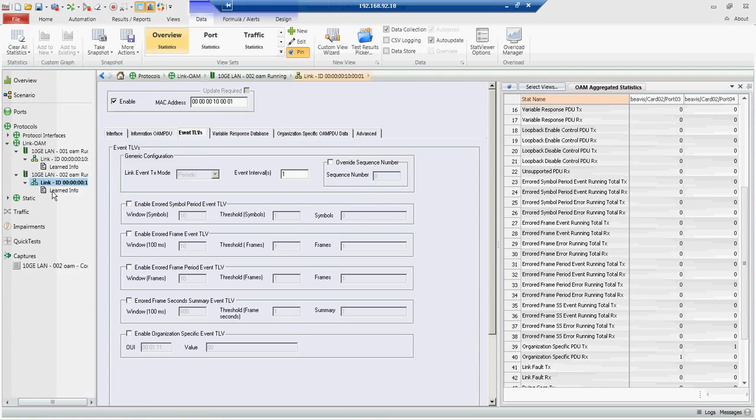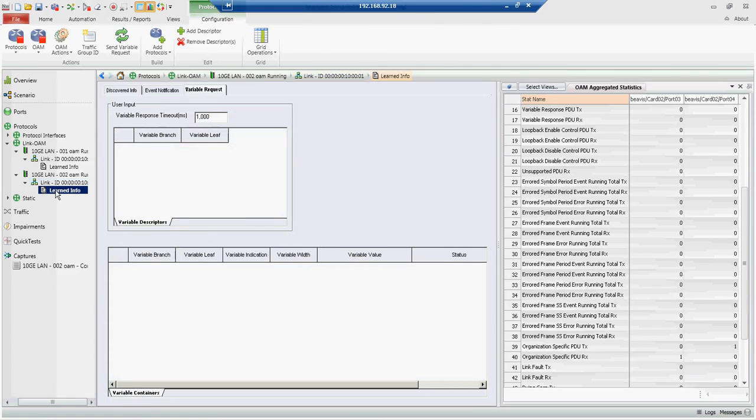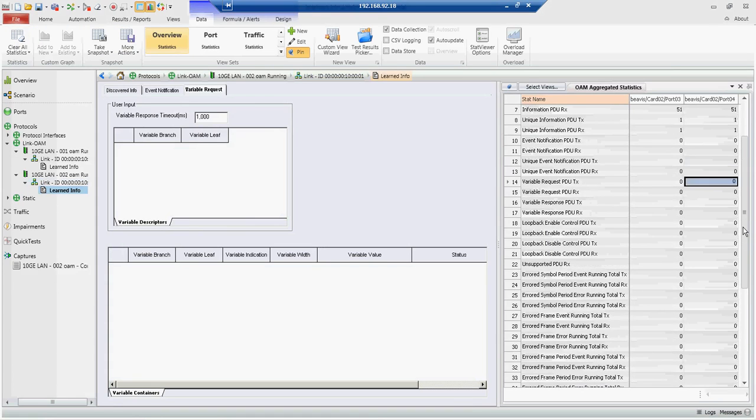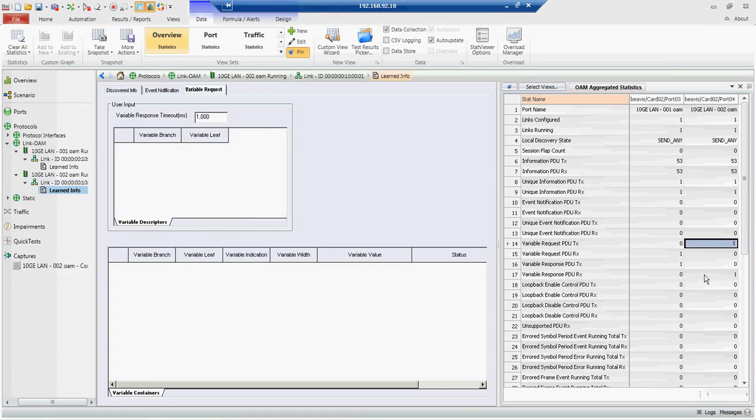I'm also going to go to the learned info on that same port, and I'm also going to send a variable request. If we scroll back up, we note that the request is sent and received, and then a variable response is sent and received. Again, it's just sending the one. So for both of these particular messages, if you need to send them multiple times using the periodic mode, one thing